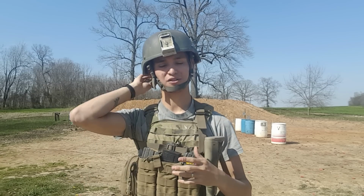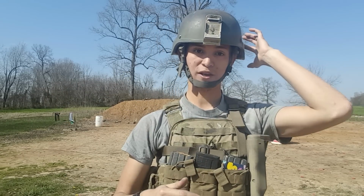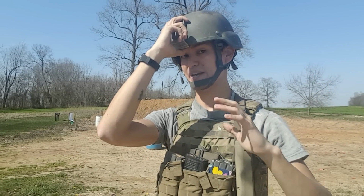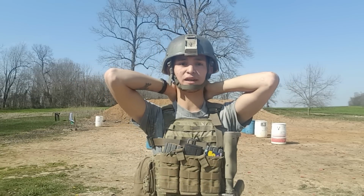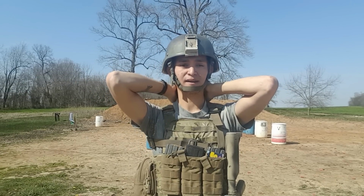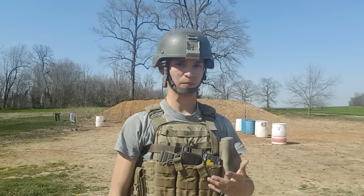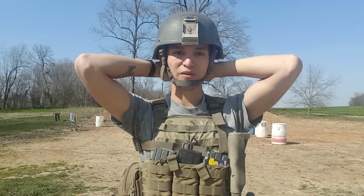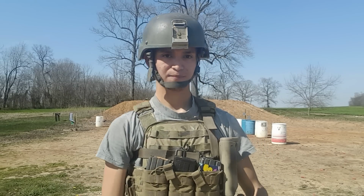Now let's talk about night vision first. With night vision and all this stuff hanging off the top end of your head, you're going to want to go into your back straps here and tighten them up just a little bit, just to yank back on this guy so that it can support the weight that's up here. It's not going to be perfect because it's never perfect, but when you yank those back, it keeps you from having to do this all day,